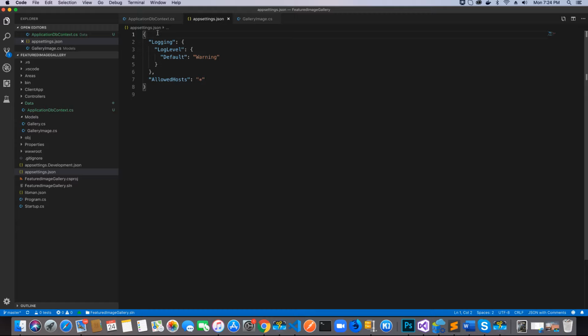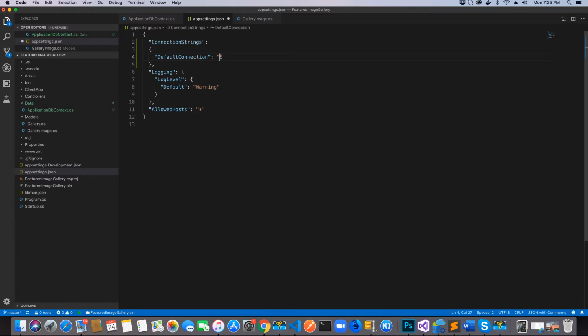Here, let's add another property and call it ConnectionStrings, and the value we specify here for our connection string, we'll give it a key and call it DefaultConnection. The value for DefaultConnection will be the value that we will use to connect to our